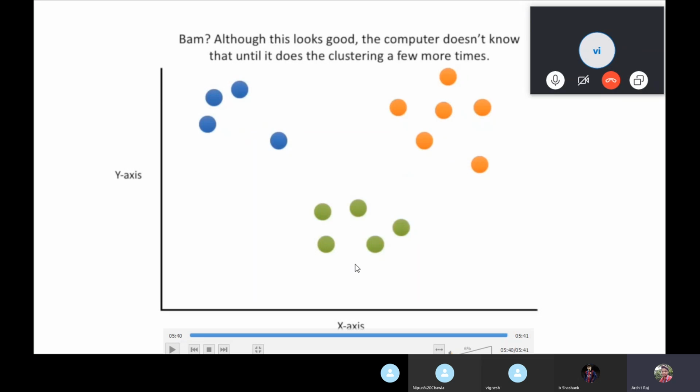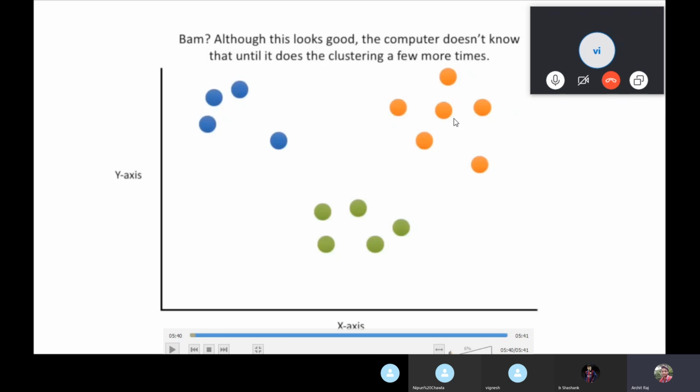So this particular point is now in the green cluster. Now what are you going to do? The same thing again. Find the cluster, find the centroid, and then find the distance from all the data points to all the centroids of the clusters. If we do the same thing again, you can see the centroid will be somewhere here, for this it's going to be somewhere here, and for this somewhere here.